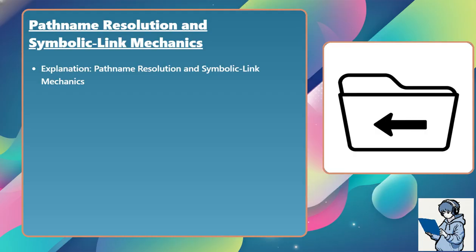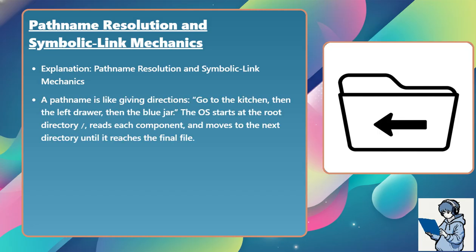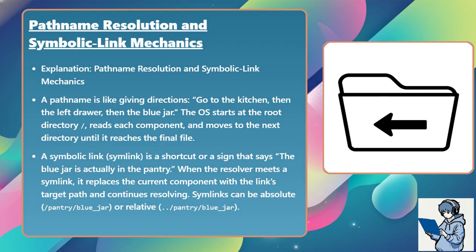Explanation: pathname resolution and symbolic link mechanics. A pathname is like giving directions: go to the kitchen, then the left drawer, then the blue jar. The operating system starts at the root directory /, reads each component and moves to the next directory until it reaches the final file. A symbolic link, or symlink, is a shortcut, or a sign that says the blue jar is